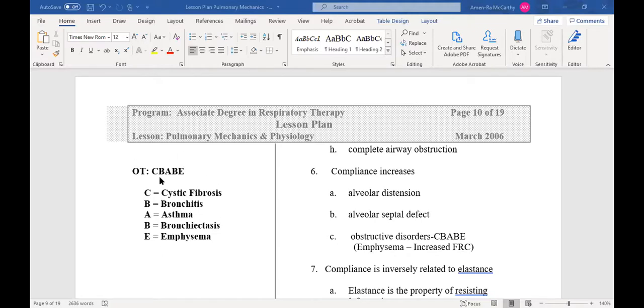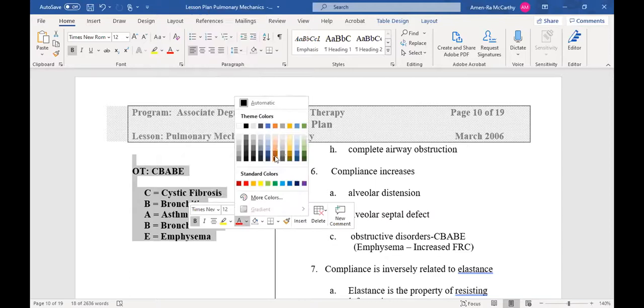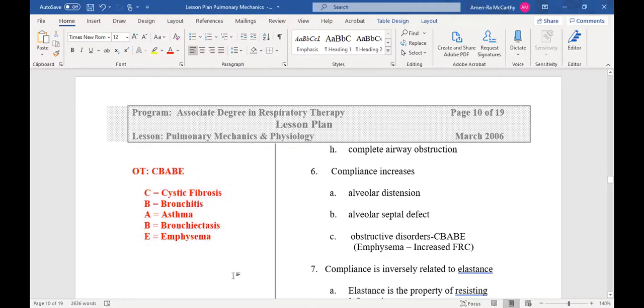You have to memorize these CBABE diseases. So what you got to tell yourself is that you got COPD, baby, right? You got COPD, baby, and you know that's the CBABE diseases. All right? The obstructive diseases that I pointed out on the board, where I said COPD equals a high FRC, equals a high compliance, equals a low elastance,